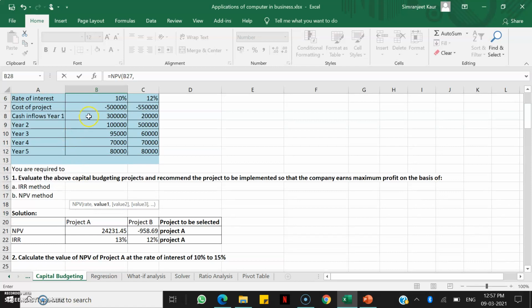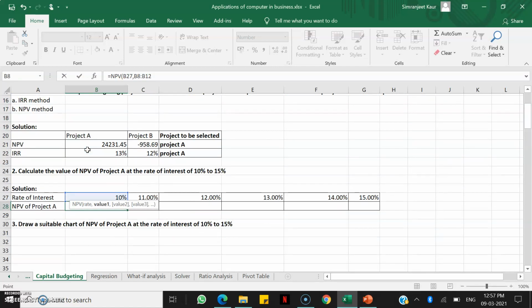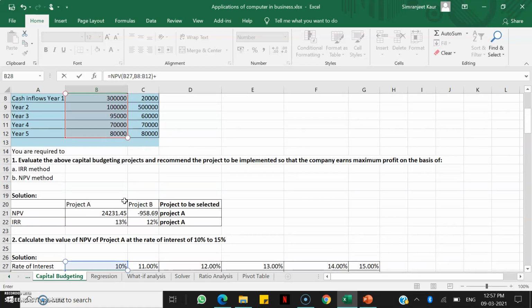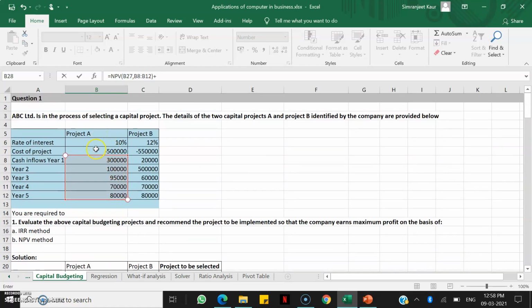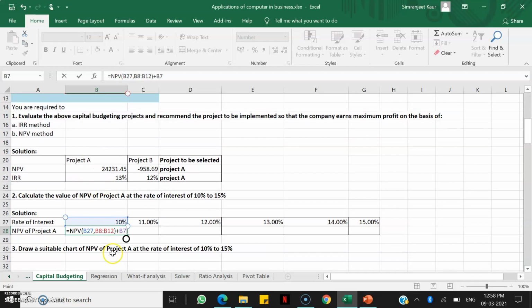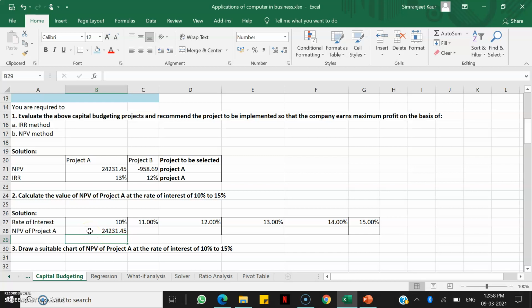So values are given to me as cash inflows, right? Then I'll simply close the bracket, and now I have to add the cash outflows, right? So I'll click on this cell and I'll press enter, right? So I've got my NPV for project A.